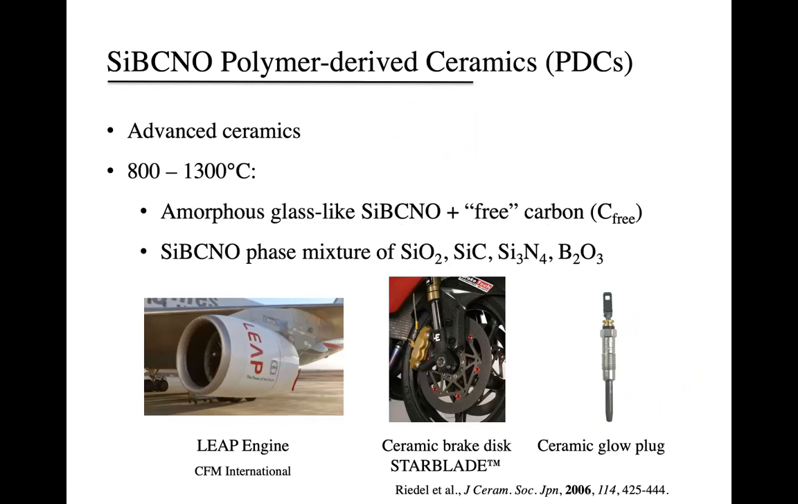PDCs are advanced ceramics with a list of notable properties, including high temperature stability, resistance to oxidative degradation, high creep resistance, and much more. For pyrolysis temperatures between 800 and 1300 degrees Celsius, SiBCNO PDCs are best described as an amorphous glass-like SiBCNO phase with an embedded free carbon phase. The amorphous glass-like phase is a mixture of silica, silicon carbide, silicon nitride, and boron oxide, depending on which elements